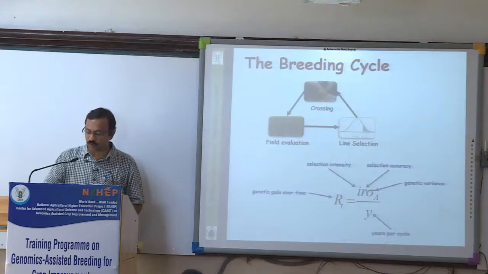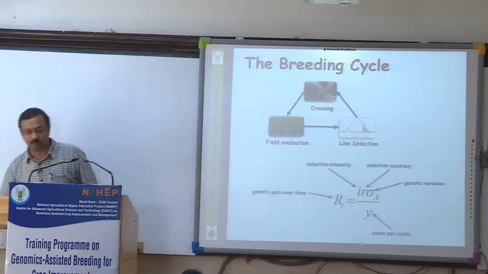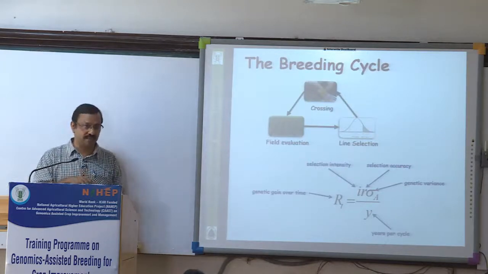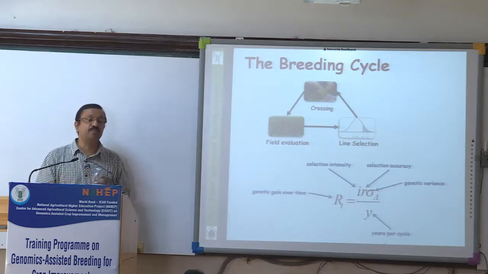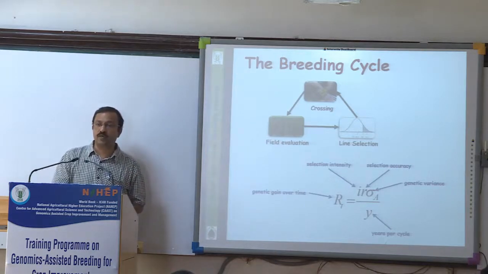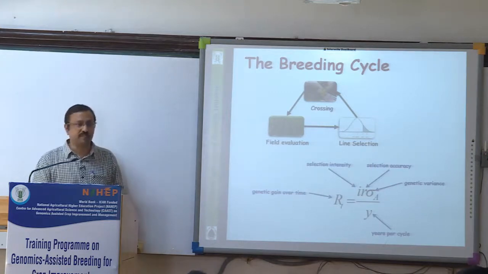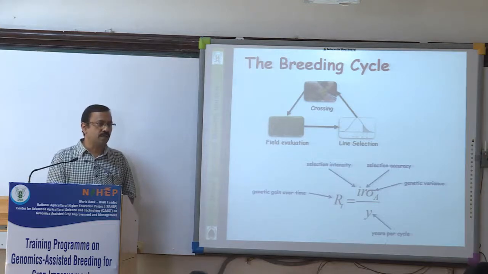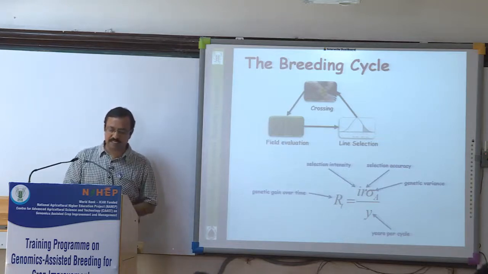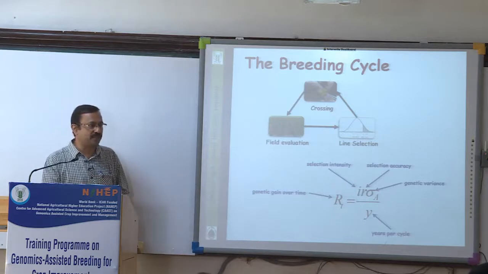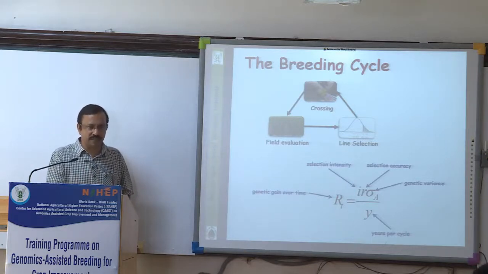Actually, why I am rushing forward is I wanted to cover this particular topic, the breeding cycle. And this is where genomic selection comes in. What happens is, till now in the government sector or the CGIAR sector, we are not looking at how to reduce the breeding cycle, increasing the breeding utility. But the private companies not only use marker assisted selection, but they use genomic selection as a routine way. Now what happens is, basically what you are trying to increase in your product, the greater gain for your trade,